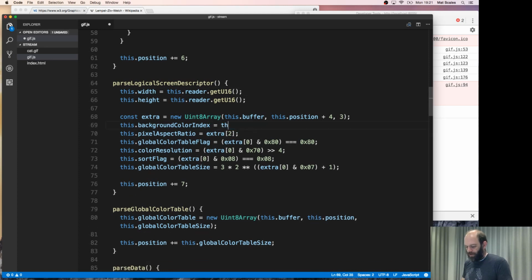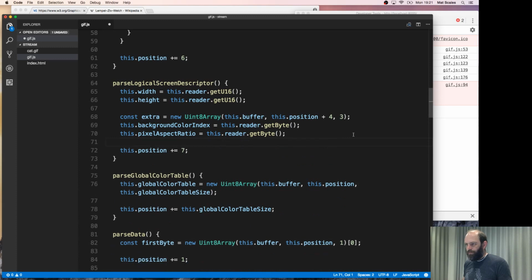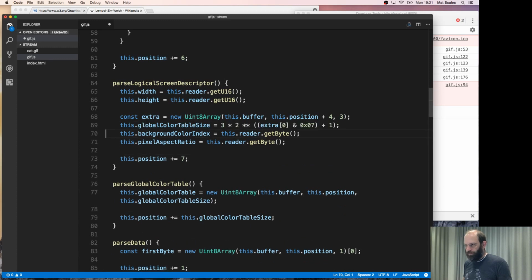Oops. Reader.getByte, and these ones are all on byte 0, so extra, we'll continue calling it extra, is going to be this.get